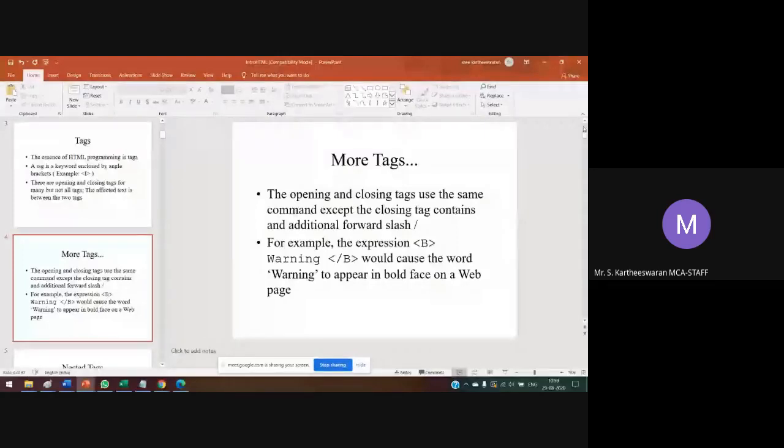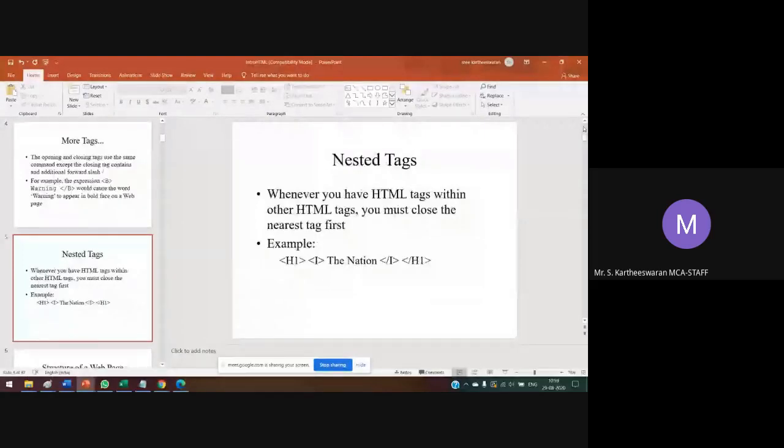Then nested tags. A nested tag means a tag inside another tag. Whenever you have an HTML tag within another HTML tag, that is called a nested tag. Here we are using a header tag, H1, which is header information.